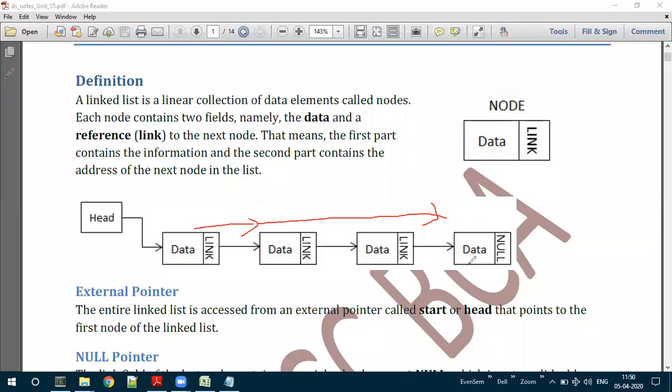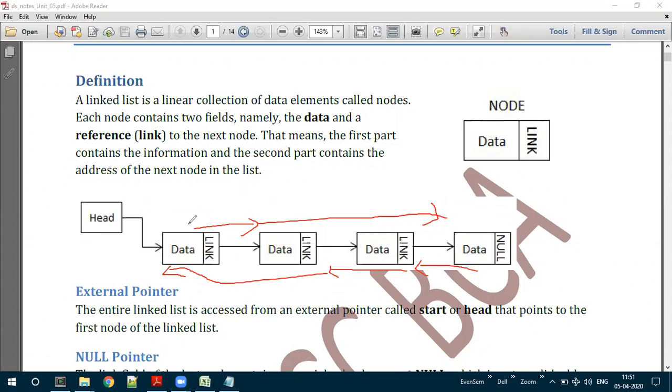In the same way, if you want to travel in the reverse direction, from the last node to its previous node, up to the first node, it is called backward traversal. Traversal operation can be performed in two different methods.